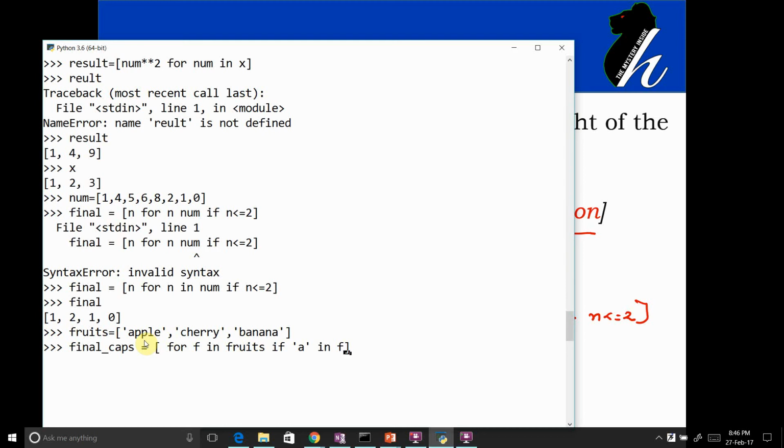If it contains it, then I simply want to upper it. So f dot, we have got some function upper, and we are done. So final underscore caps would contain two things, because cherry doesn't contain a within the spelling. So just imagine the power of Python. Using list comprehension, I can reduce my code to a single line rather than writing 10, 12 or 15 lines of code.